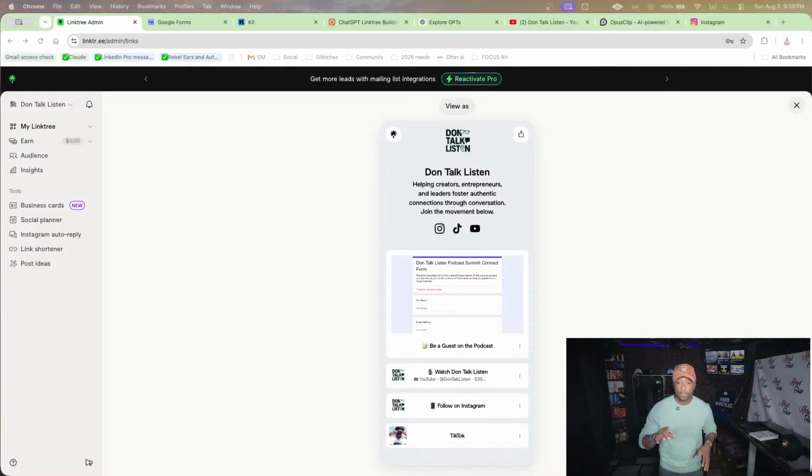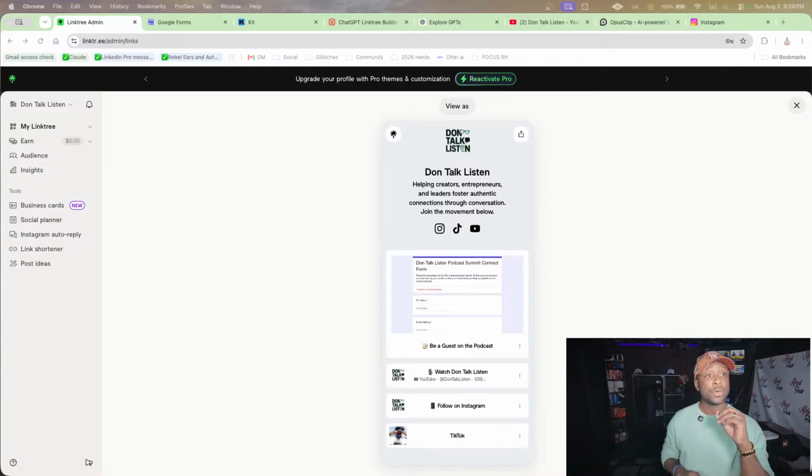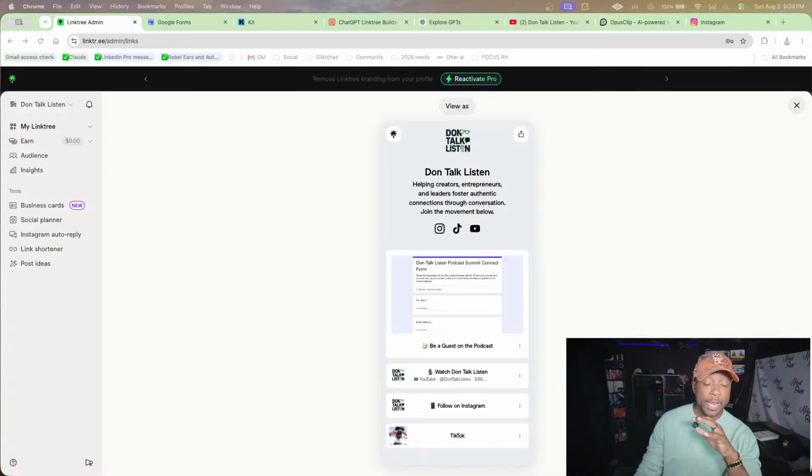Network with, how we network with 100 people at the podcast summit, but we use his bracelet to network with people. And the way that he set that up was he used Linktree. Now, Linktree is a free account for people who are trying to expand their network, or they're trying to use it for clients or try to build something off that.